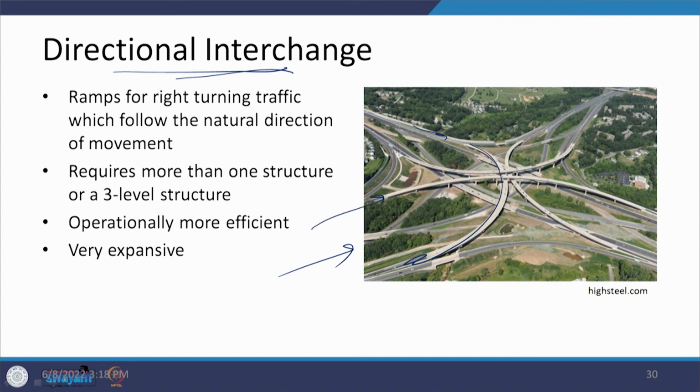If you are coming from this direction, then the right turn may go in this one, here the left turn is coming in this form, or if you have to go to the right, then another structure is provided. So at this level, what you find is that it is going to be a 3 or 4 leveled structure, and that is what is going to increase the cost, because when you go up by one level,